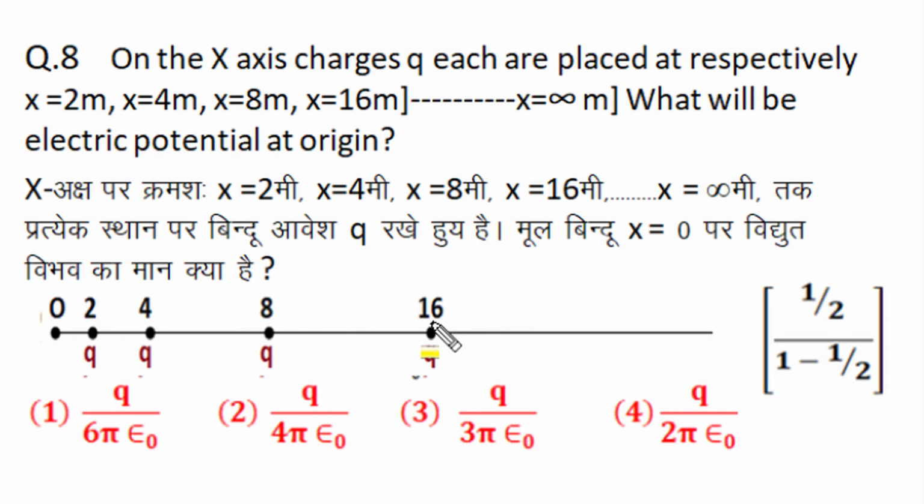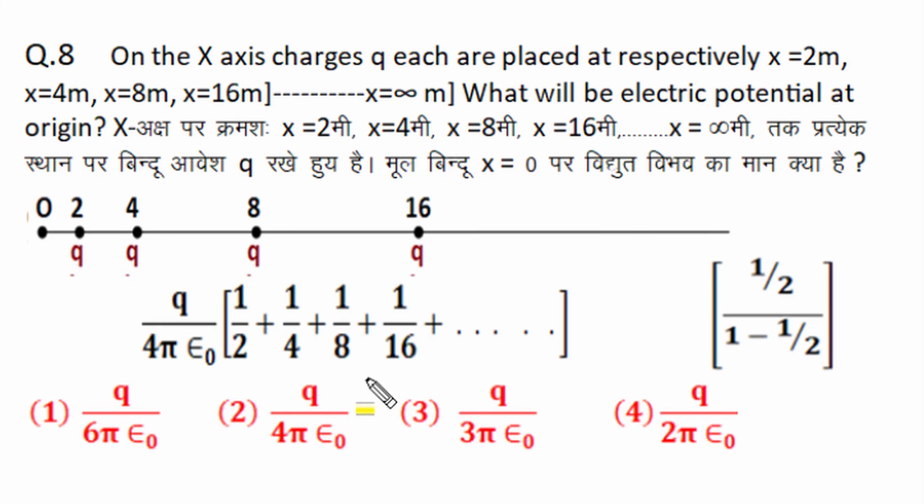On the x-axis at 2 meter, 4 meter, 8 meter, 16 meter positions, identical q charges are positioned, and this charge distribution with doubling distance extends up to infinity. We have to find the resultant electric potential of all the charges at the origin. As per the superposition principle, the total resultant potential at the origin is the potential contribution of all individual charges. So the charge at the 2 meter position will produce electric potential kq divided by distance 2 meter,